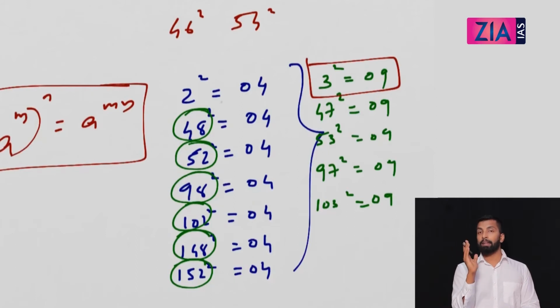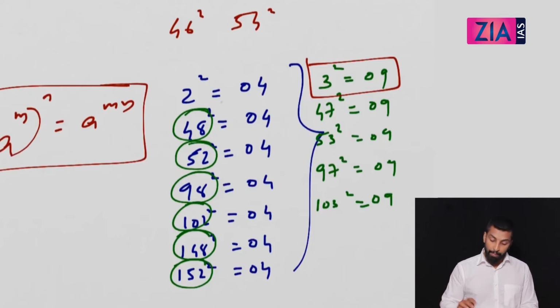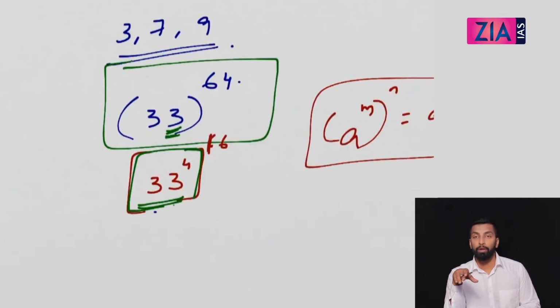So it's like multiples of 50, minus 5 and plus 5. That means 45 square equals 5 square equals 55 square equals 95 square equals 105 square, etc. Similarly, 10 square will be equal to 50 minus 10, that is 40, and 50 plus 10, that is 60. So 10 square will be equal to 40 square equals 60 square equals 90 square